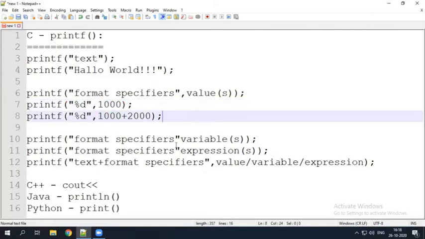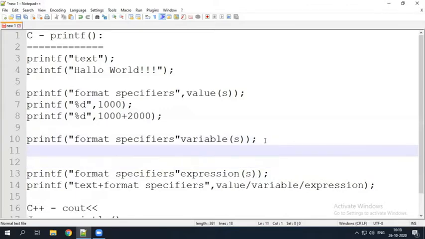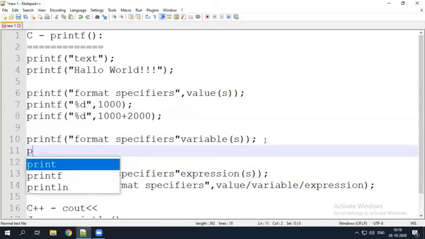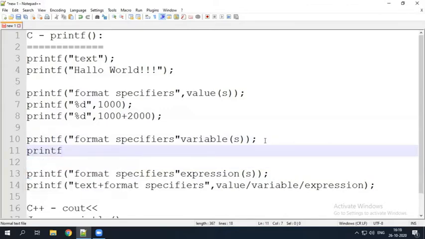Coming to this one, not only the values, you can also specify the variables. So printf, for example, I want to print the variable a value, like a is equal to percentage d, a. It is also possible.